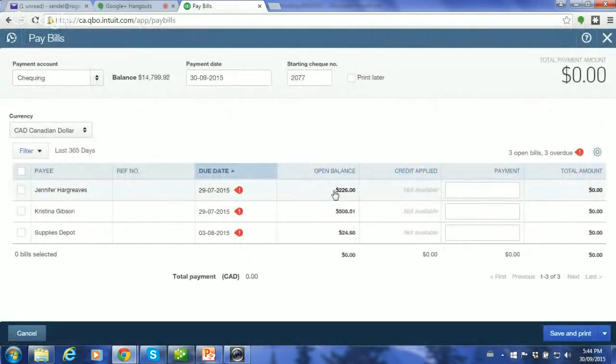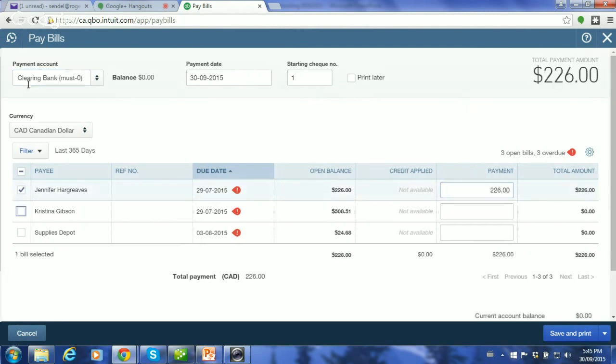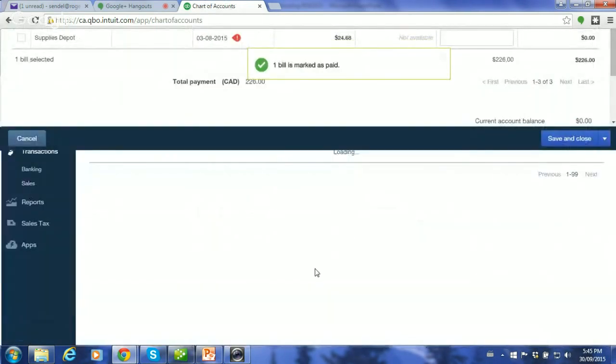So if this was one of the ones that I needed to clear, where I've already paid Jennifer the $226, I sent her a full deposit, or I made 2 deposits on account with her, I don't owe her the $226 anymore. But I had to receive the goods in so that I could ship them out and invoice them, because I want my cost of goods sold, my invoicing, to be in the appropriate month. So the way I manage this is I say, I am paying this because I've paid it already. It's $226. But I'm paying it to my clearing bank, which must equal 0. So I'm going to say save and close.